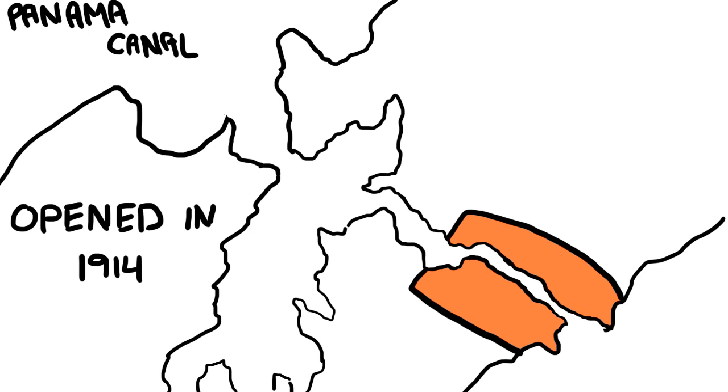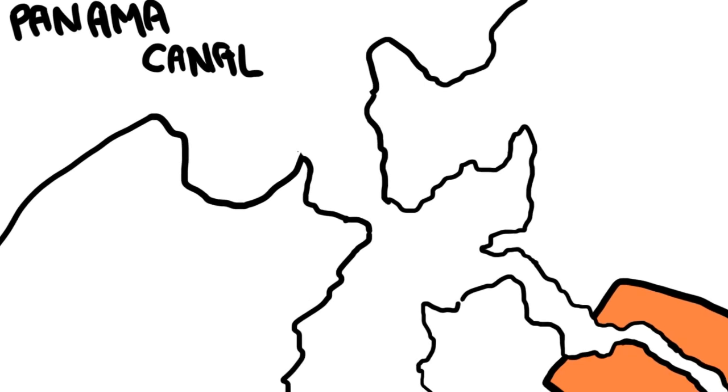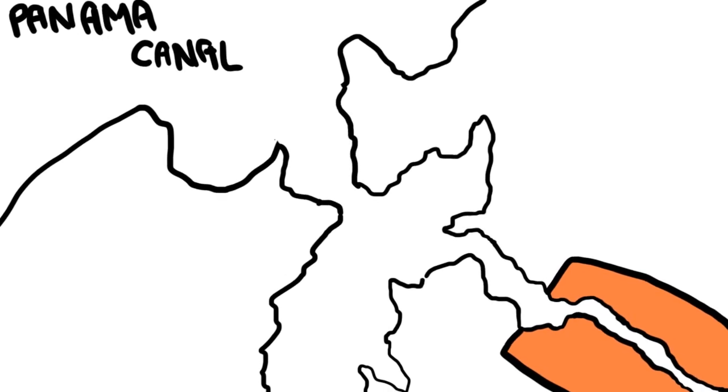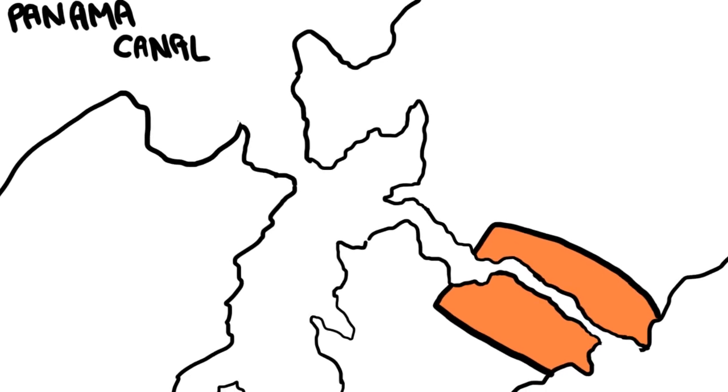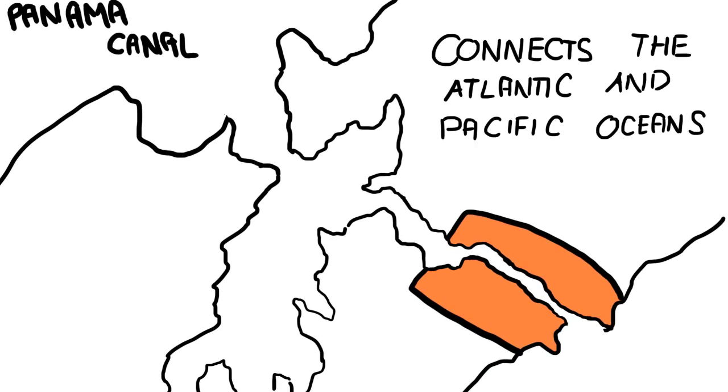Ships from around the world soon began to use it. Latin America had become a crossroads of world trade, and the United States controlled the toll gate. The Panama Canal is considered one of the world's greatest engineering accomplishments. Its completion changed the course of history by opening a worldwide trade route between the Atlantic and Pacific Oceans.